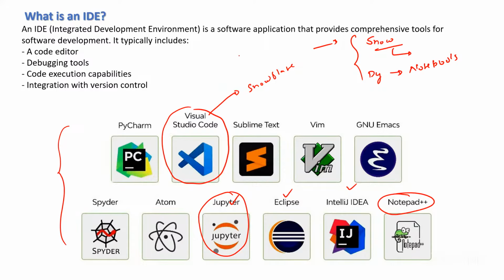Now, if you don't have a laptop and you cannot install anything, you can always go and search for something called Google Colab. Under Google Colab, they give Jupyter Notebook as an extension. You can go and work there as well. Now, for installation purposes of Visual Studio,